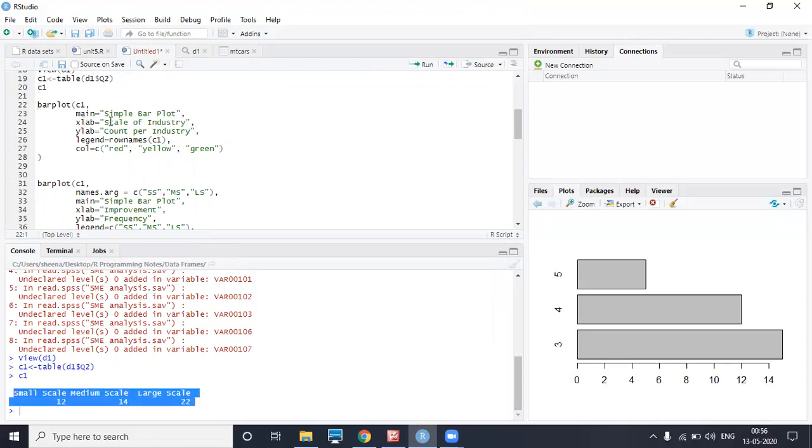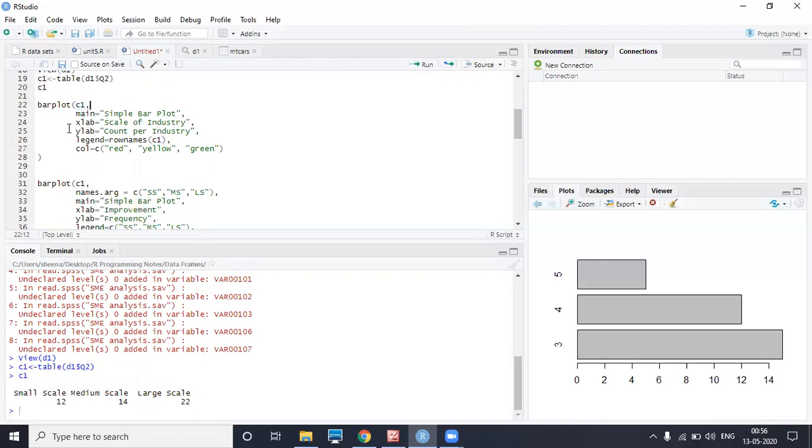In the previous bar plots, we have not given any names to the bar plot, not even to the x-axis and y-axis. So how do we give names or text to this? When we write barplot C1, it will only create a bar plot of C1.